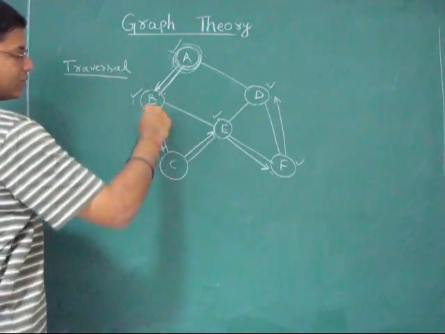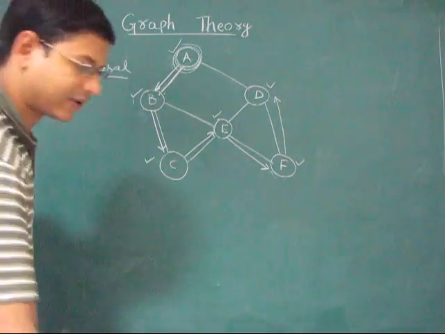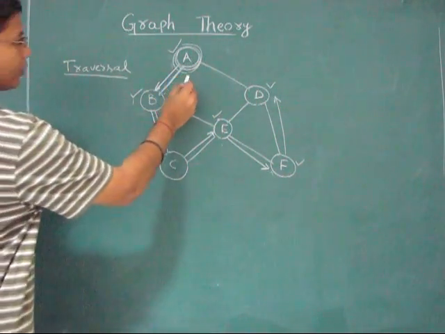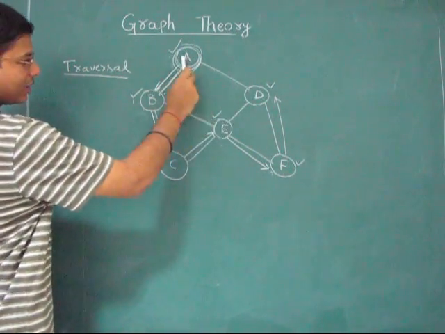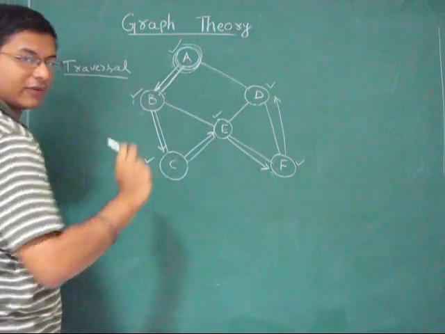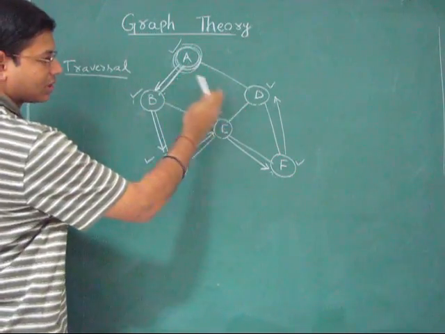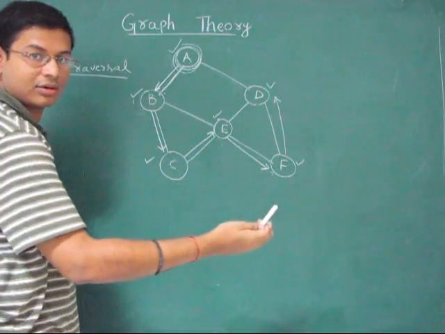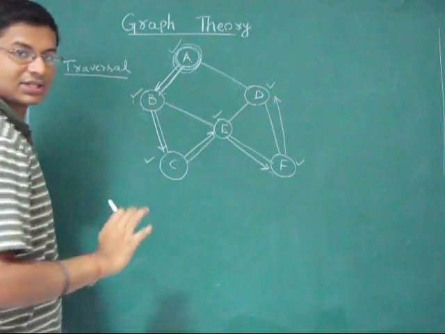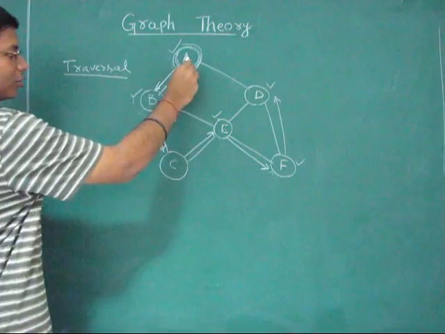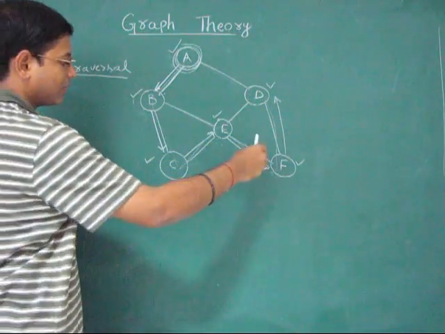Okay. So we have visited all the vertices of the graph in some order. This is called a graph traversal. Even though the vertex D is just adjacent to A, we have visited D after traversing a lot of other vertices. It doesn't matter whether we visit a vertex near to it first or a vertex farther later. We just want to visit the vertices and we don't care about the order in which they are visited. Starting from here, we go as far as possible, traversing all the unvisited vertices.